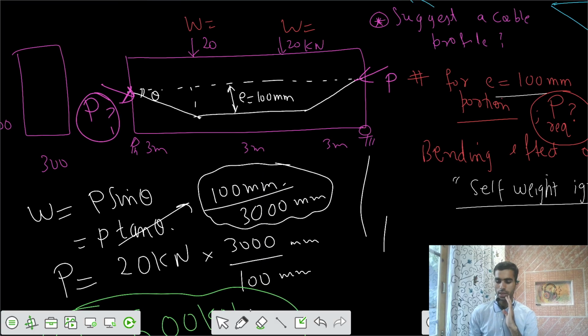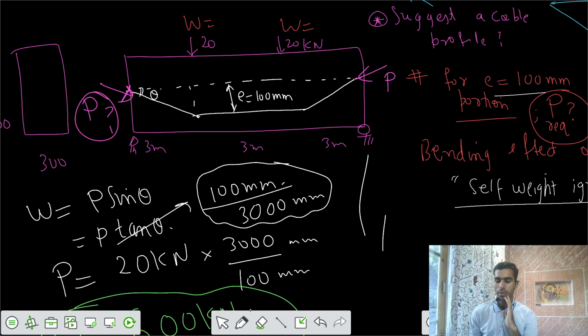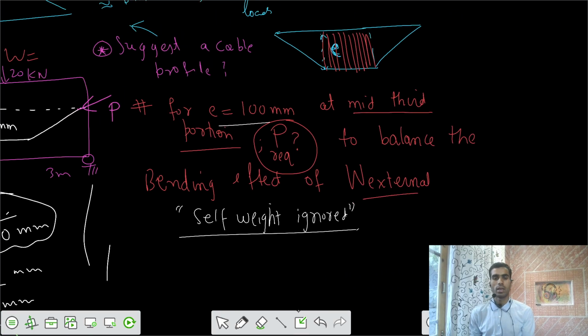Then one more thing: find the P required if the resultant stress at the bottom fiber of the mid span section, because of the self weight, live load, and prestressing force. So the second stage of the problem is that now for P you need to calculate also the P required to balance